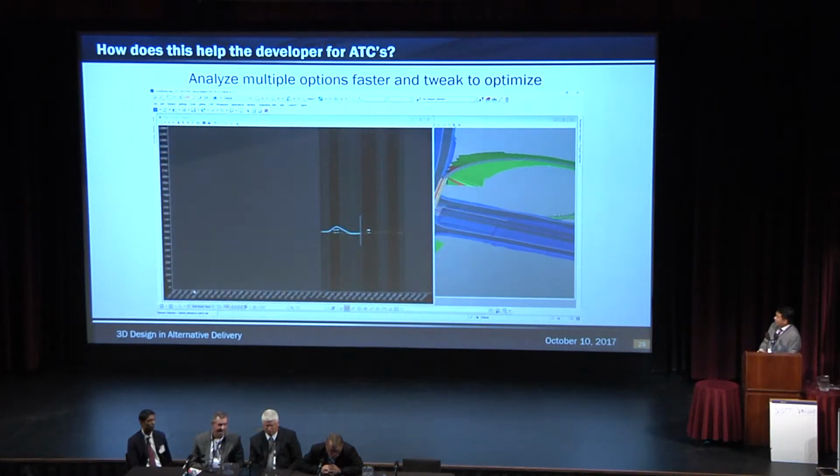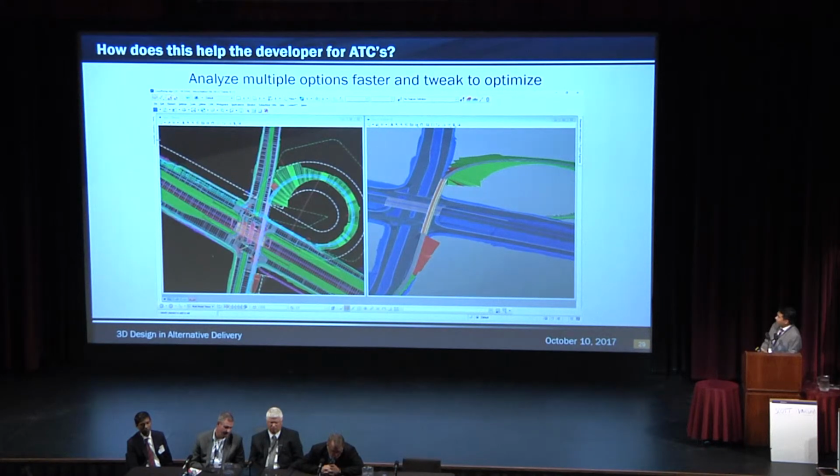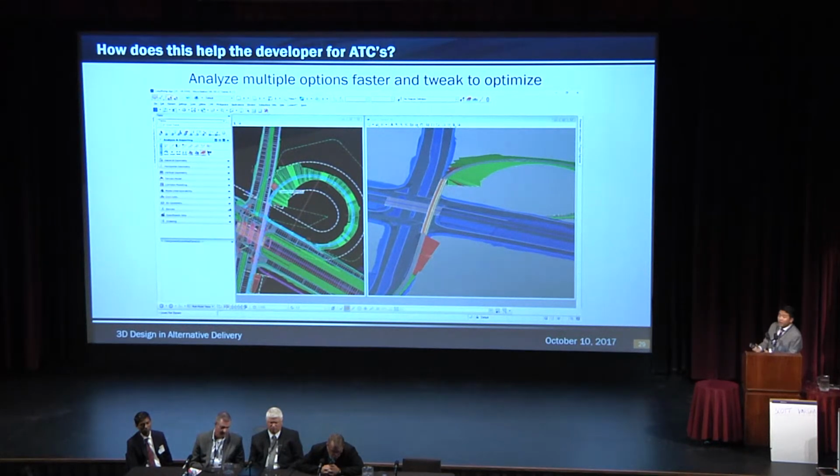Now let's say that I needed to go change my slope. My slope is too steep. If I go and change my profile, it's going to reprocess. See how it changed part of the design on the side, on the right? I'm going to run quantities again, and then I can compare what did my profile change affect as far as